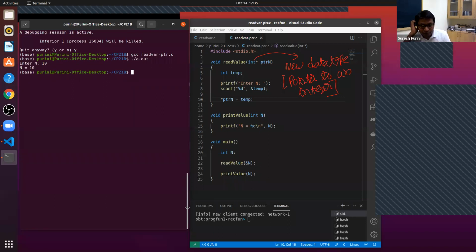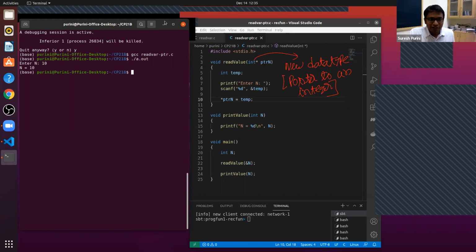Now did you see what happened? The value that we have entered in the read value function got reflected in the main function. Yes or no?